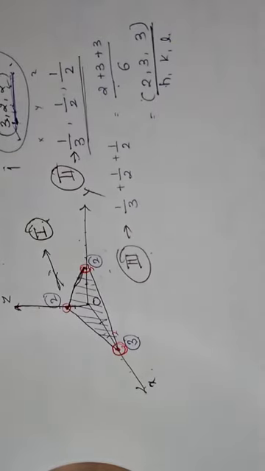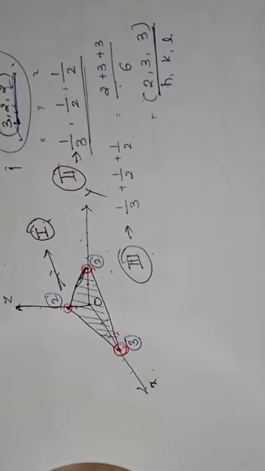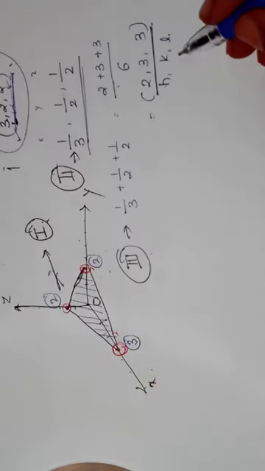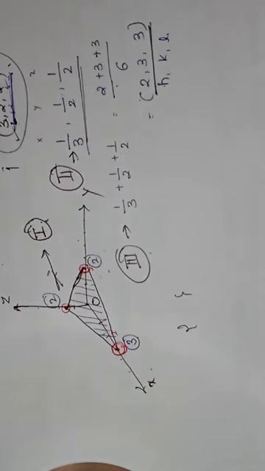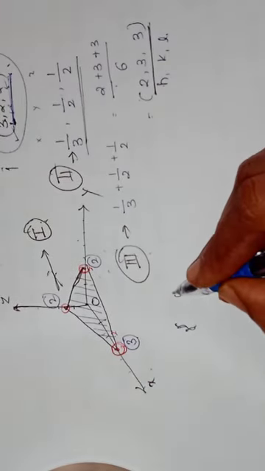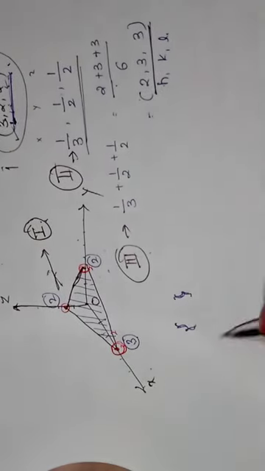Then a family of planes of a particular type is represented by enclosing these Miller indices in flower bracket. We indicate these Miller indices inside a flower bracket. So we have to write these Miller indices in flower bracket. Then for example,